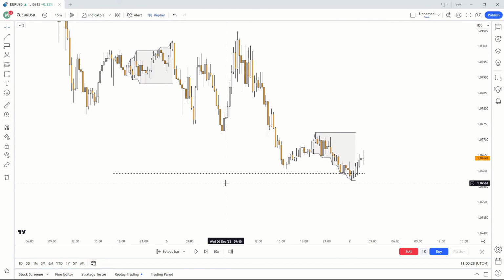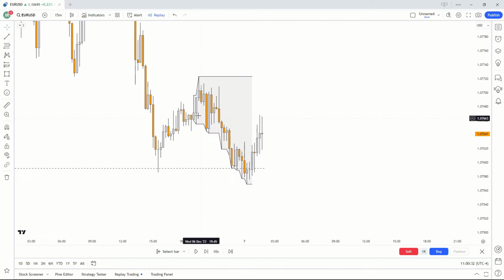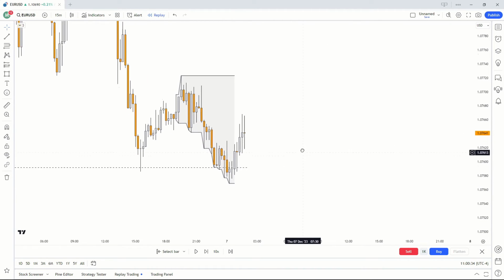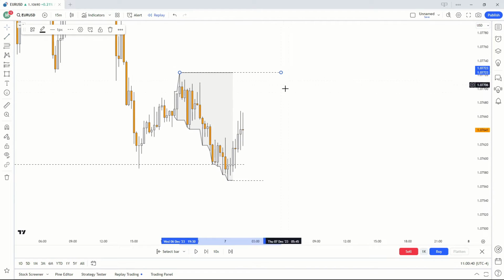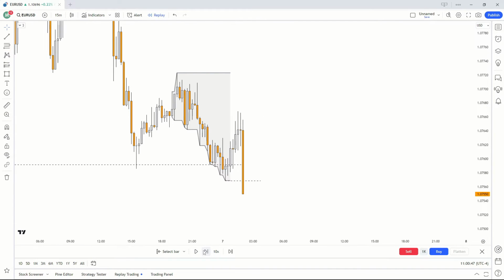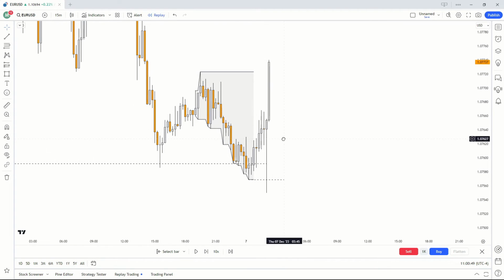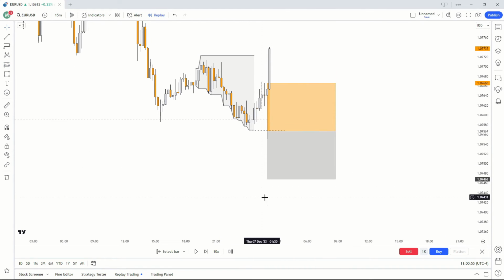Now, as you guys can see, I've marked out the low of the candle anyways. So we have Asian session liquidity building up right here as well. So this is more added confluence if market was to take out the low of Asian session or the high of Asian session. So I'm going to wait in our scenario for market to take out Asian session before I enter. So let's play out market. As you guys can see on the first candle, we do take out Asian session. If you were to simply enter off the liquidity sweep as shown,